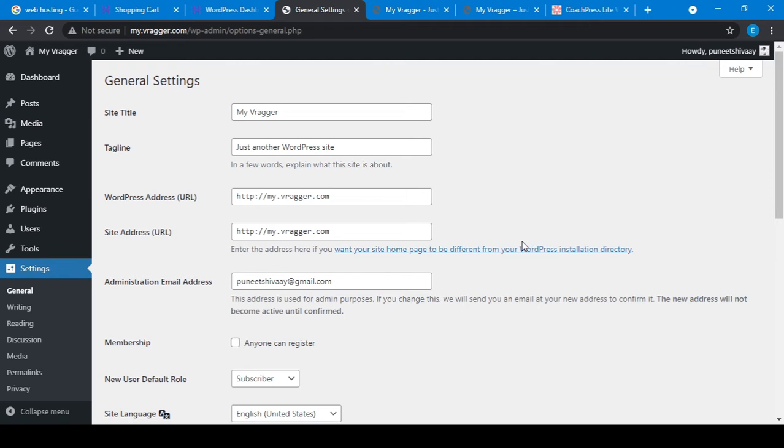Now we will look at our website setting. If you go to the setting, you will see something like that. That is the site title. Tagline, what is that? After a site title, what do you want to say? What is the site about? So I would like to say